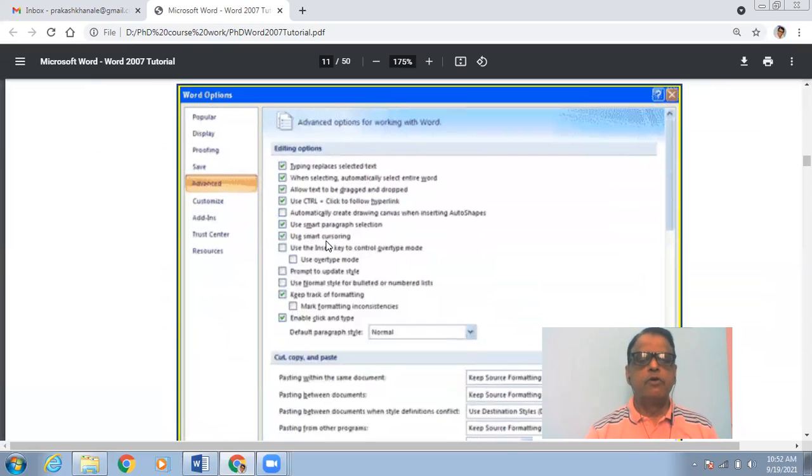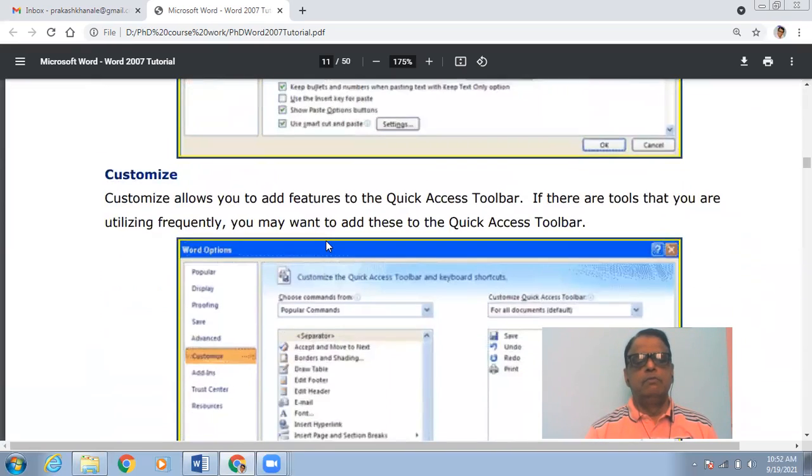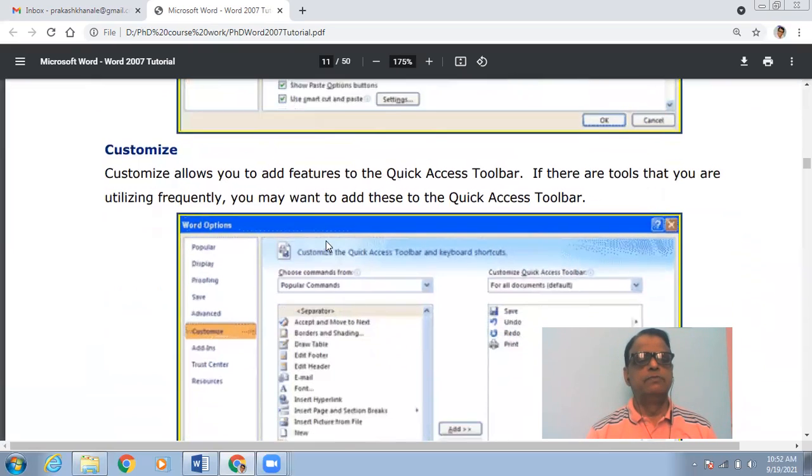If you are not sure about any option, then do not turn it on unnecessarily, because by default, Word will automatically turn on those which are required. But if you want a specific option to be on, then you can always set it.